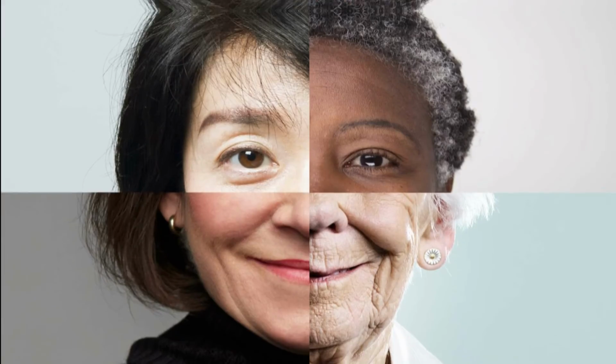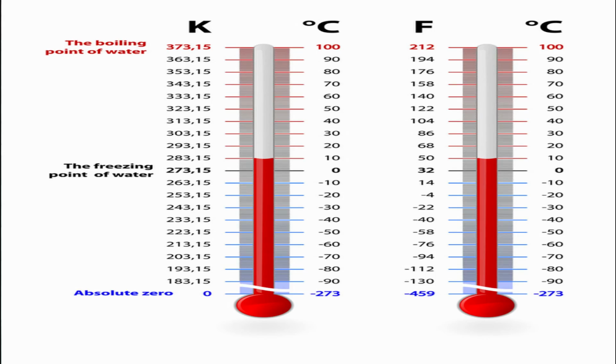So we can say that this person is X age and this person is Y age, and the age of person X is 2 times the age of person Y. That is, X equals 2Y, and we can also say that X over Y equals 2. Also, the number of years of experience is something on a ratio scale. So we can say that if this person's years of experience is X and that person's is Y, X can be equal to 3 times Y. Examples of ratio scales include age, pressure, and the Kelvin temperature scale.